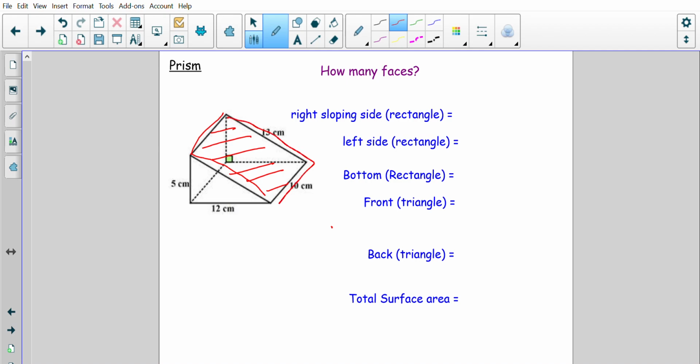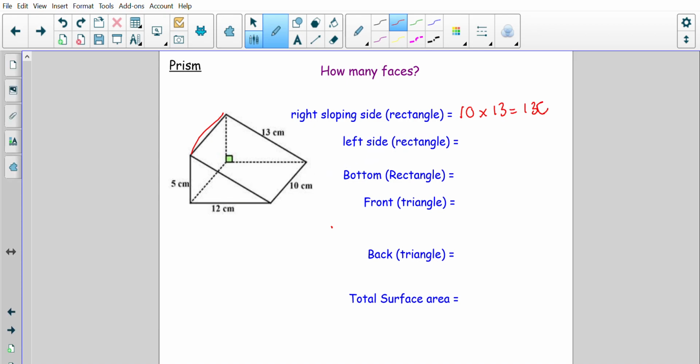This face here is a rectangle. You should be able to see that that rectangle is 10 centimeters by 13 centimeters. So it's 10 times 13, which is 130. Now, a prism's different to a cuboid. You're not going to have all opposite faces the same size, so I can't just double it. I've just got to work my way around